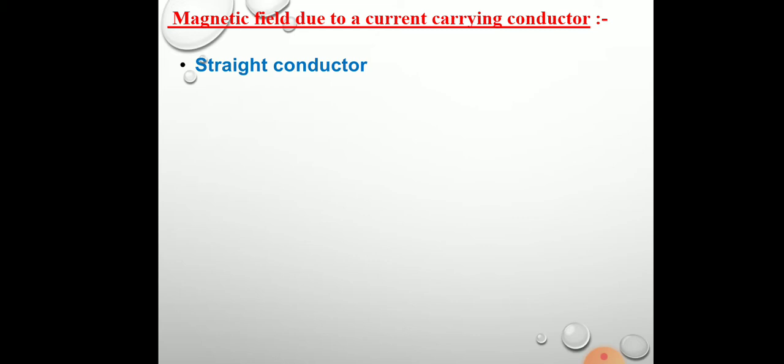So in this, what kind of magnetic field will be produced by a straight conductor carrying current, and we will mainly discuss about the pattern of magnetic field lines in this case and also the direction of magnetic field produced around a straight conductor. Secondly, we will discuss about a circular loop. So if you have a circular loop of wire which is carrying current in it, what kind of magnetic field is produced in this, we are going to study it.